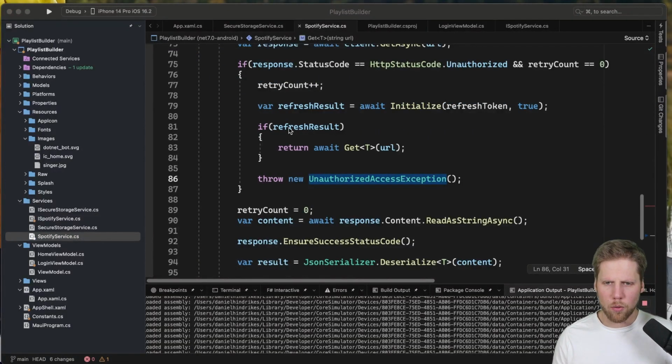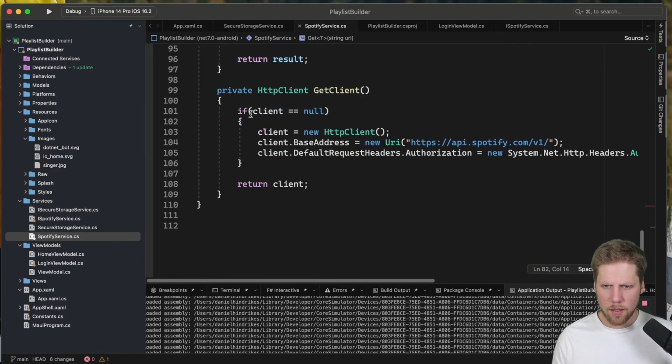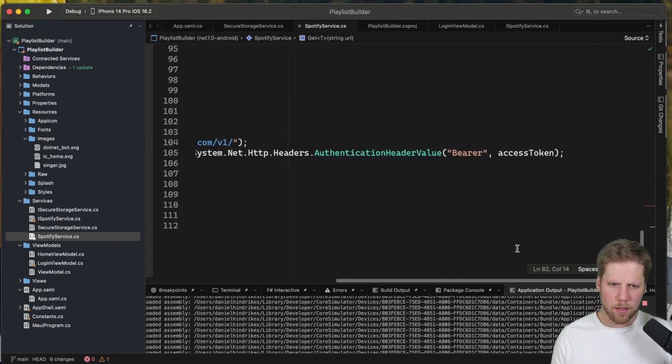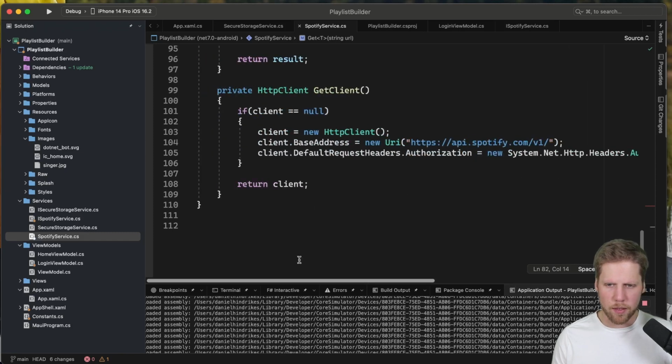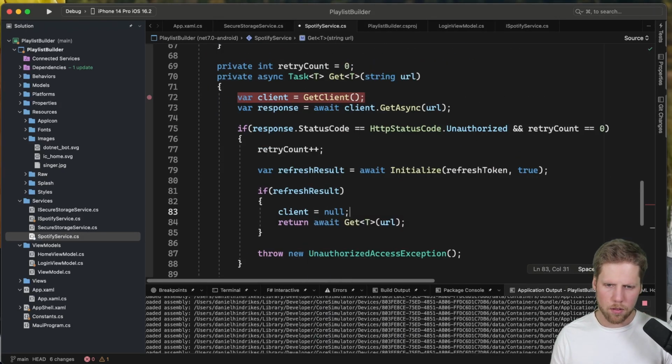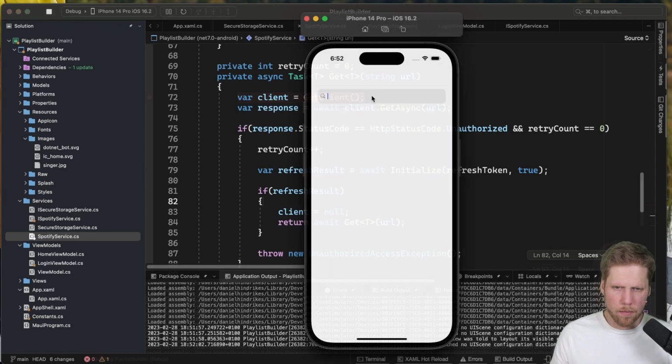We got an authorize exception again, and the reason for that is that we had this check here, client is equal to null, and we only create the HTTP client once, and we have changed the access token we added there. So here we go and set client is null, so we get the new one with the new access token. So, and then we can run the app, and then we search again,